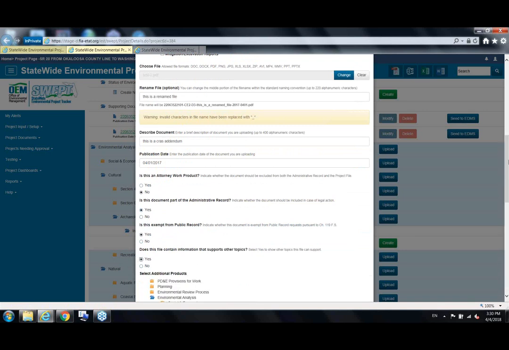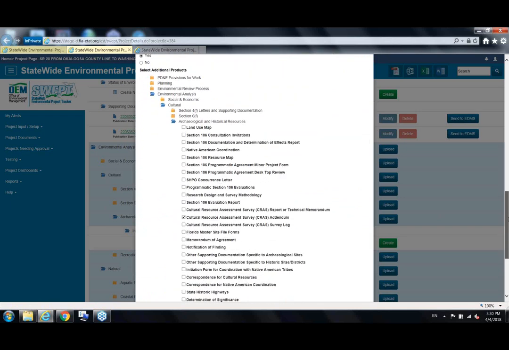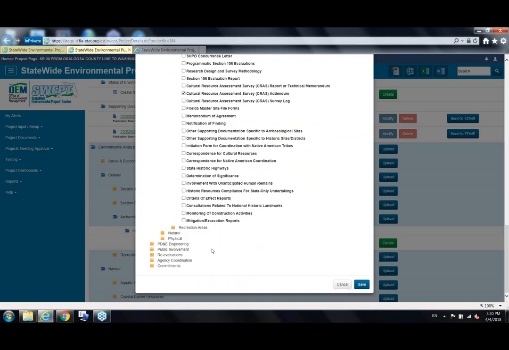So if you say yes here, you get the folder structure listed again, and you can check which other areas that file may apply to, and then that link will appear in all those areas. One thing I wanted to add into that, and actually this is a great screen to be able to show it,